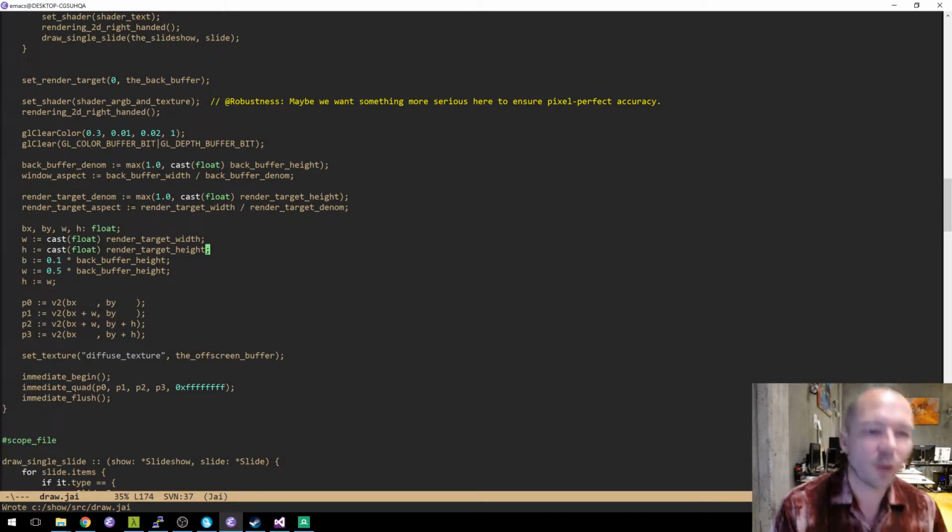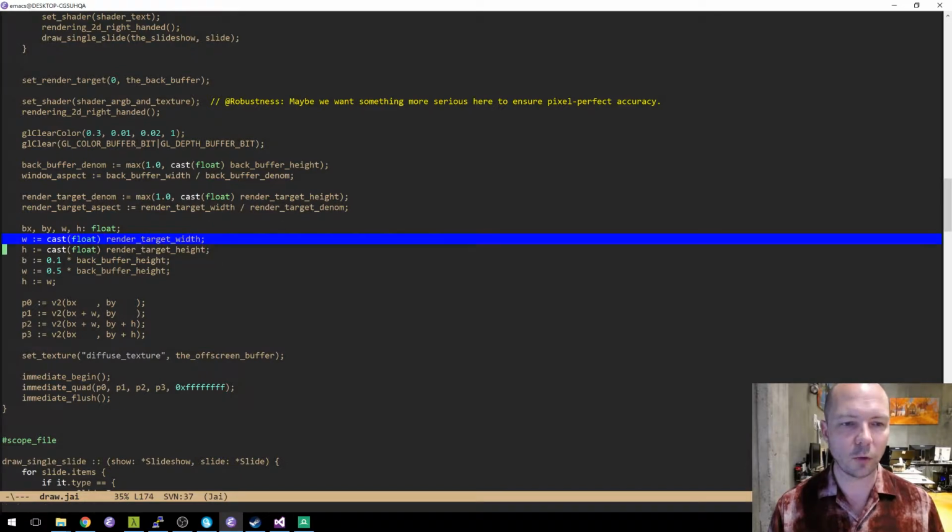So what we're doing right now in this initial test, we're going to keep our render target displaying at the same size, 1080p, and we're just dealing with the window resizing around it. So if we make the window a lot narrower than 1080p, then we'll just end up cropping this, I think, is what will happen.